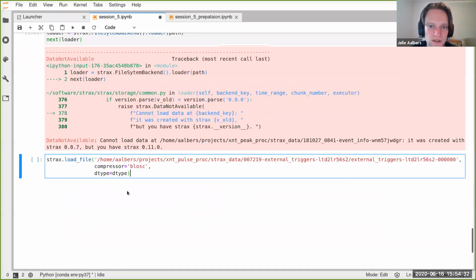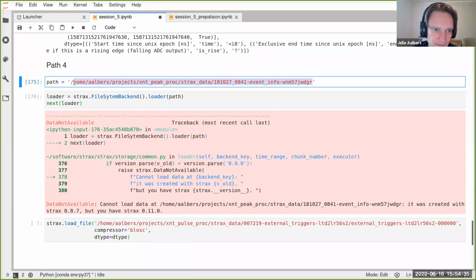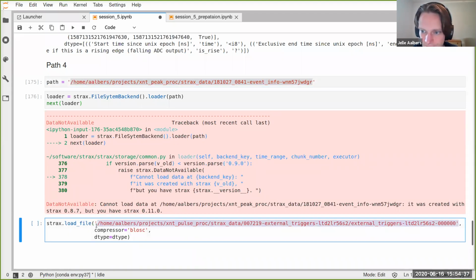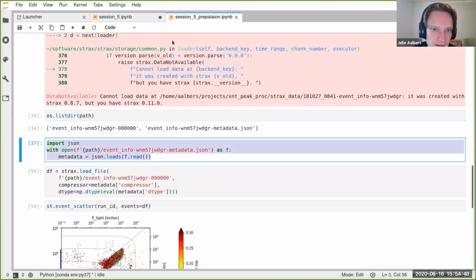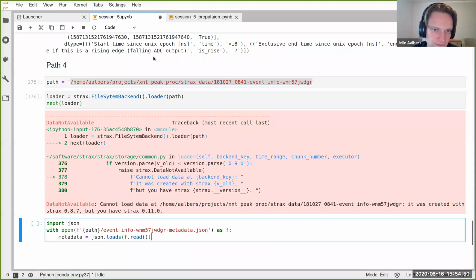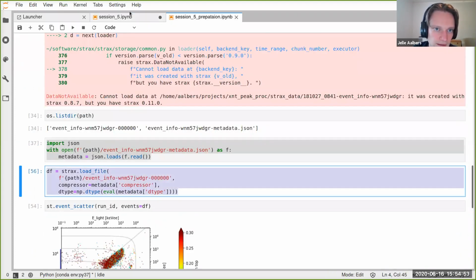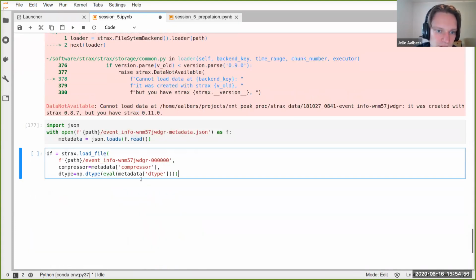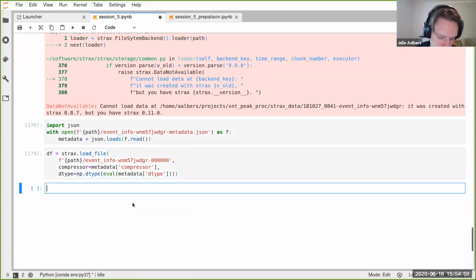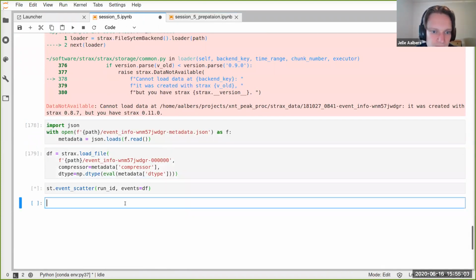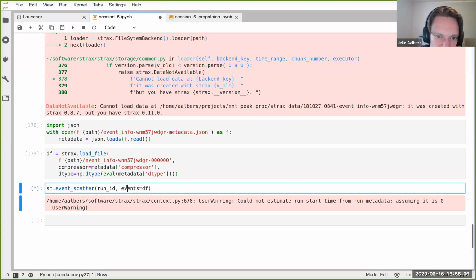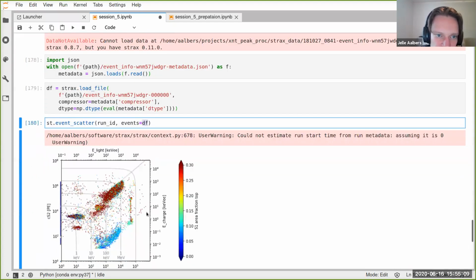So I can put this here, and then I go through the same usual steps. Actually, let me just copy this because we saw exactly how this works. So you can load the JSON and then load the file. Okay, and that works, and I can just check that with a little plot. It's just a mini analysis where I'm passing the events in as an extra data frame.